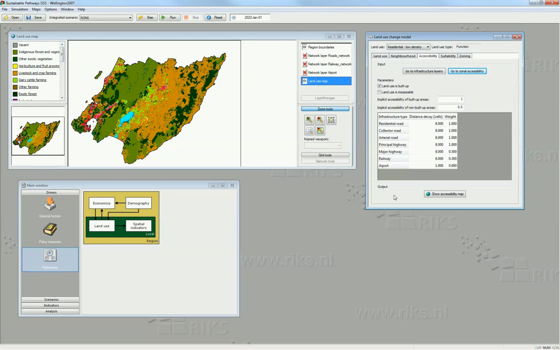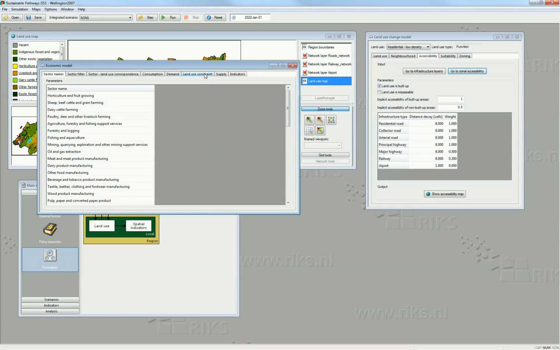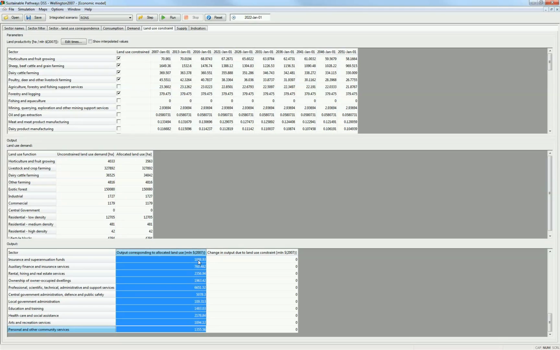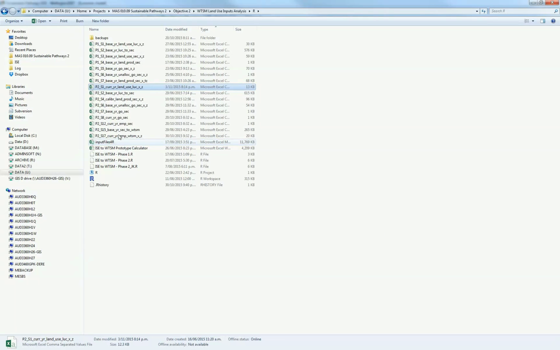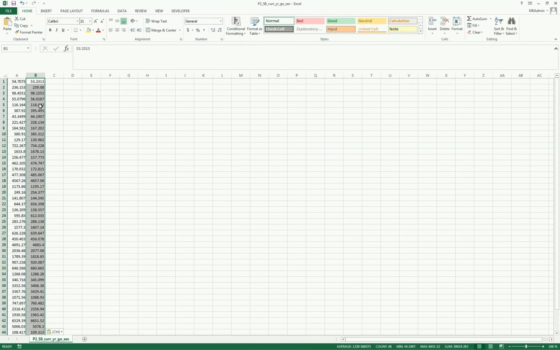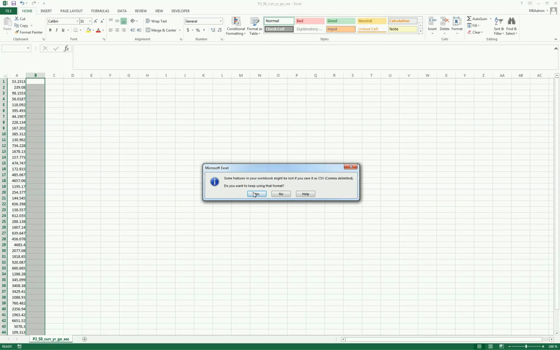So if we go into ISES, we can find this in the economics module, and we go to the land use constraints tab, and we take the output corresponding to the allocated land use, and we open up P2S8, and if we copy that in there, you can see there that these numbers are roughly similar, so we copy that over to there and delete that one, save that file,